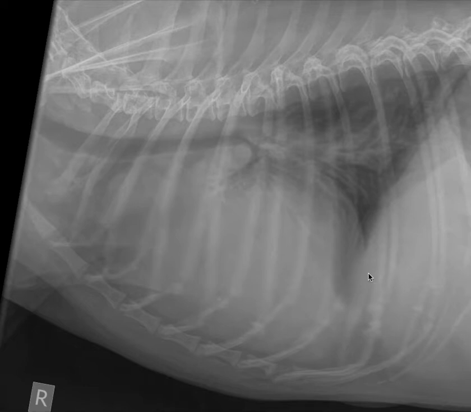So what do we do next? Well, this is an example of where the radiograph may only take us so far. Many of you have already suggested that we do an echo. I think that that would be a perfect plan.